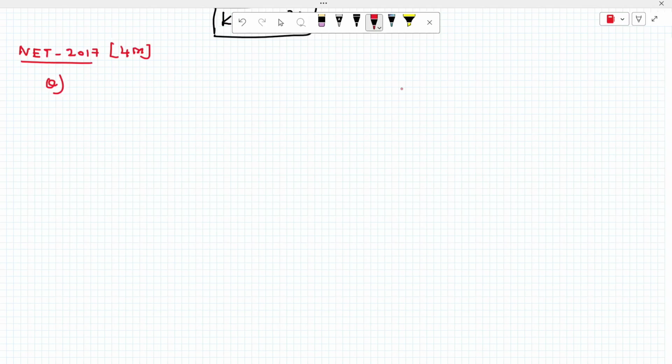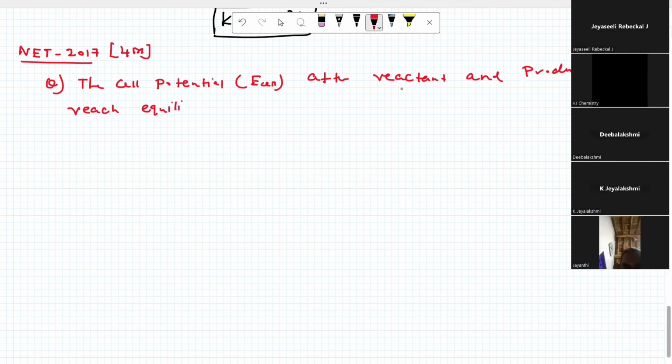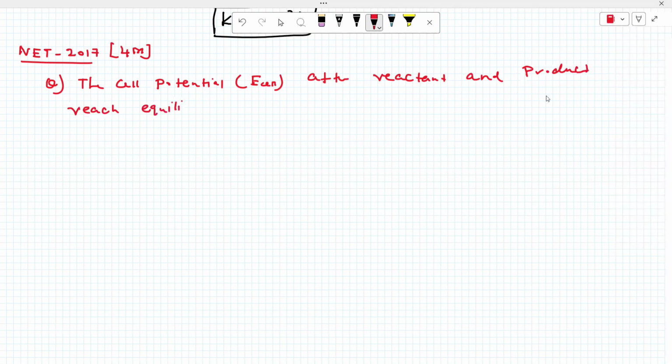The electrochemical cell potential, E cell, of the reactant and product when they reach equilibrium,